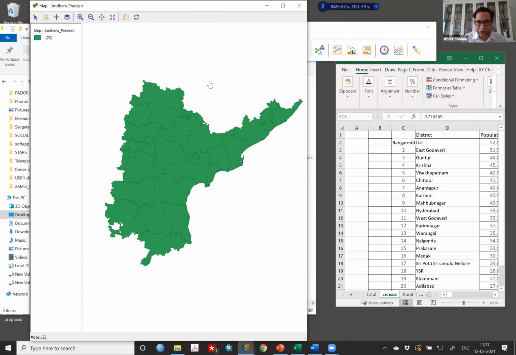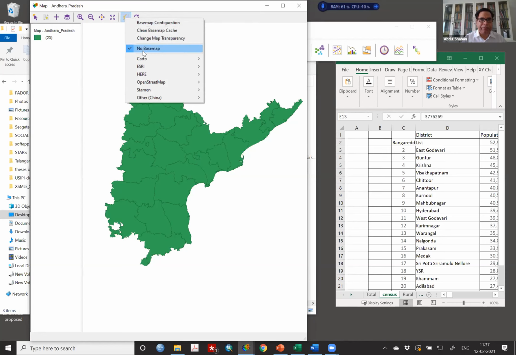If you have a good internet connection, you can use this for looking at the base map. This base map is a good addition, which was not available earlier in GeoDa. You can add the base map of where this state is located. For example, if you click on the base map, you will find no base map, you don't have anything, but you can add to that.